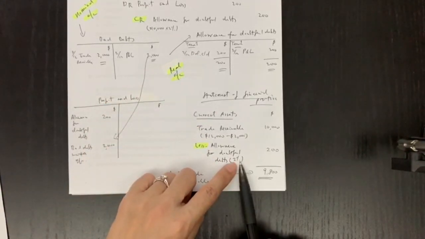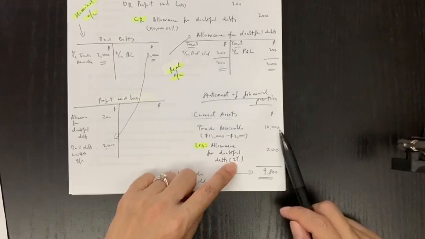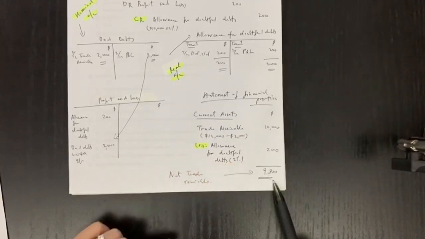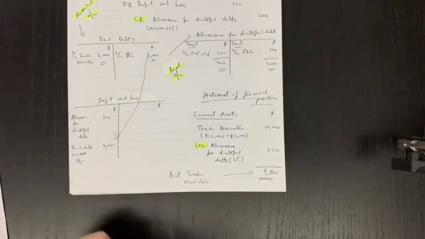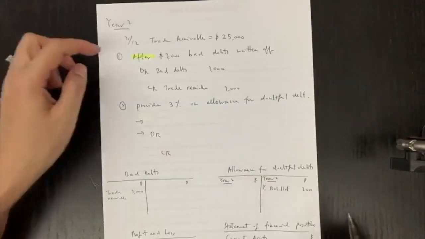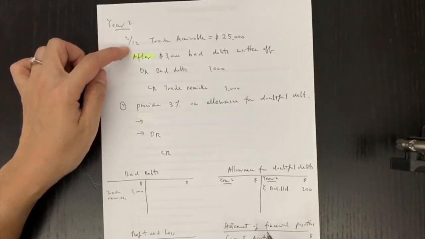All right, so 2% just now is my estimation. So 2% on 10,000, which is 200. So therefore, this one minus this one, 9,800 will be net trade receivable. Okay, now year 2, and then at the end of year 2, so after we have run the business